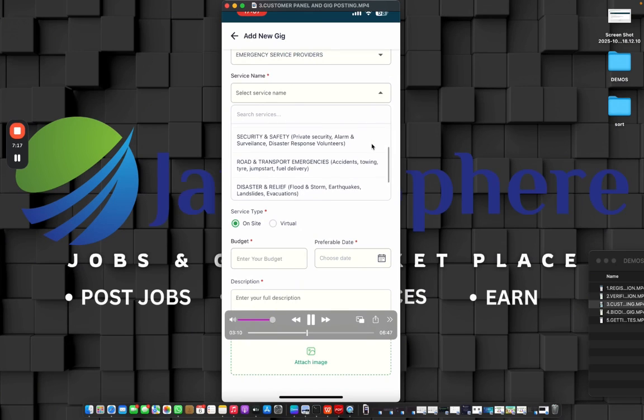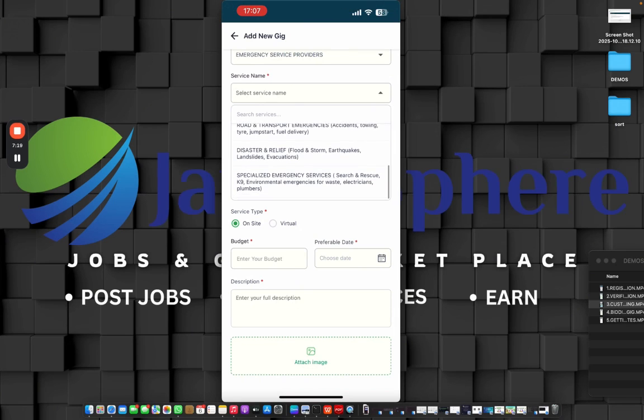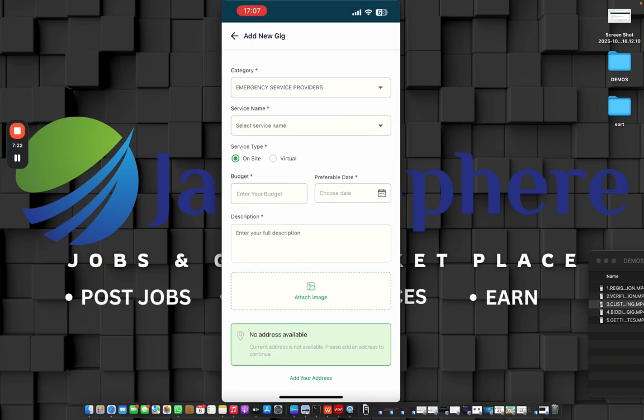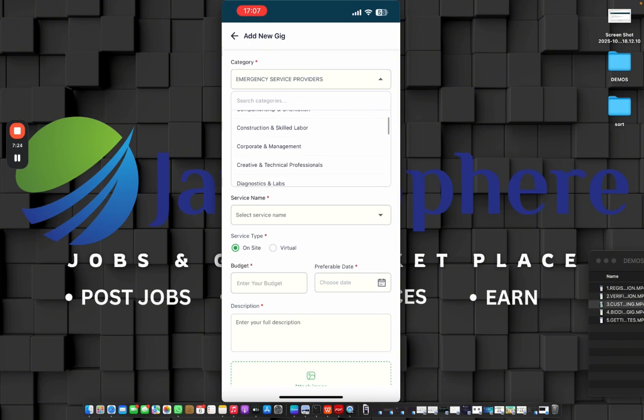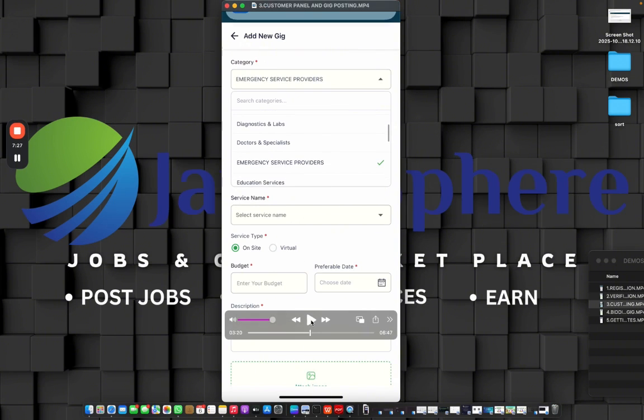Okay, and then under this category of emergency service providers, a very special place, we have EMTs, fire and rescue, road and transport emergencies. When there's accidents, tire bursts, disaster relief, floods, we can embed this. And I just want to say something small on this section for emergency. We are trying to now